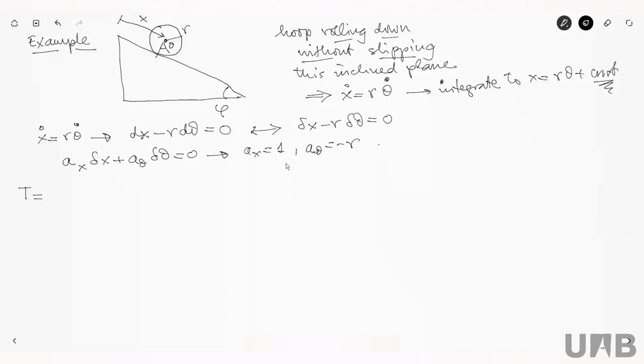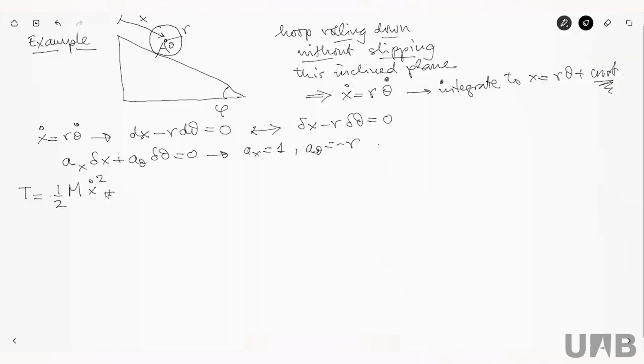The movement of the center of mass and then the rotational part of the kinetic energy. Very well, very good. So now, what is the kinetic energy of the center of mass? 1/2 the mass, let's call it capital M, and then the velocity of the center of the hoop. If I call x this coordinate, that tells me how far down this hoop has rolled, it is x dot squared. Very good. So that's the kinetic energy that corresponds to the center of mass.